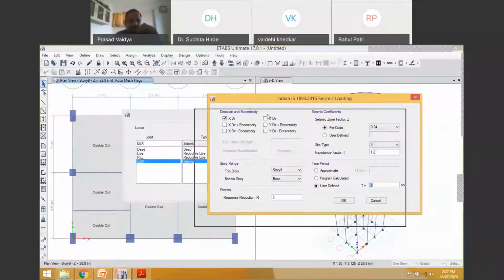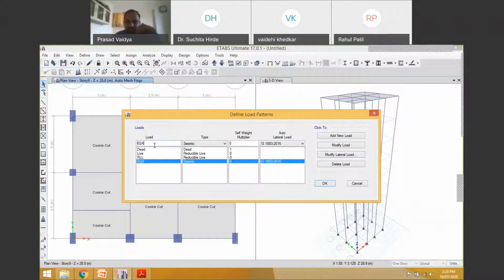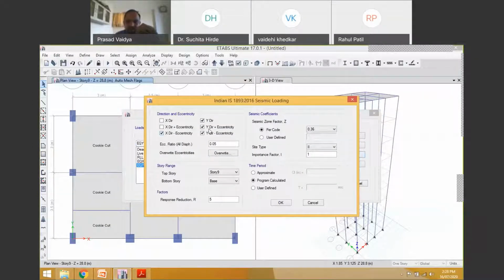Let us go back to the modeling. I will just put some value for the time period here. Because the depth of the building in X direction is around 3 plus 3 plus 6 plus 2.5, that is 8.5, and in Y direction it is 6. So the building is less stiff in X direction. So let us use, say, 1.1 second in X direction, and in Y direction it is actually less than that. Okay, so X direction all data is assigned. Noise reduction I will keep 5, so say okay.